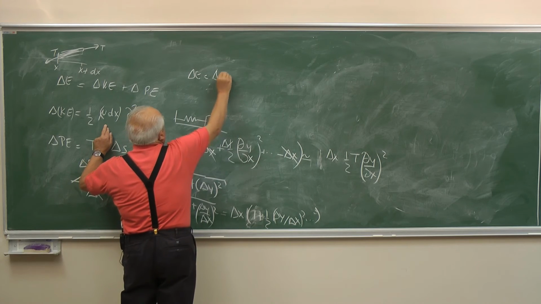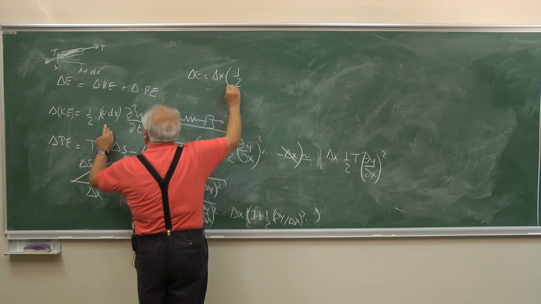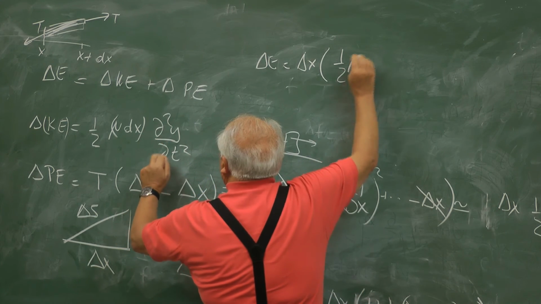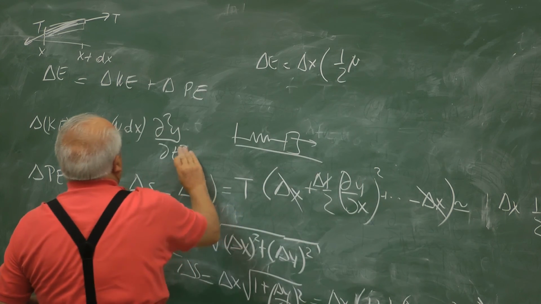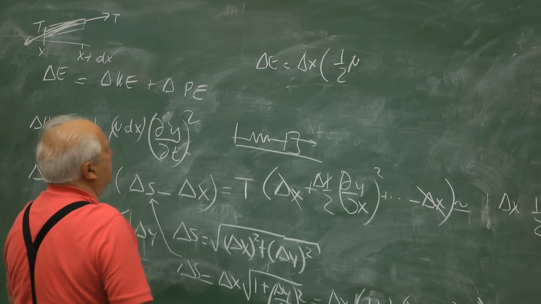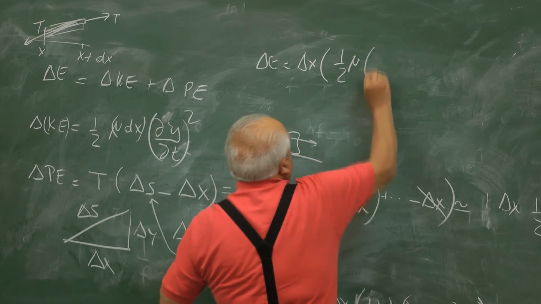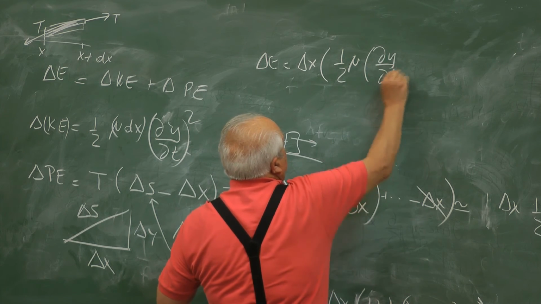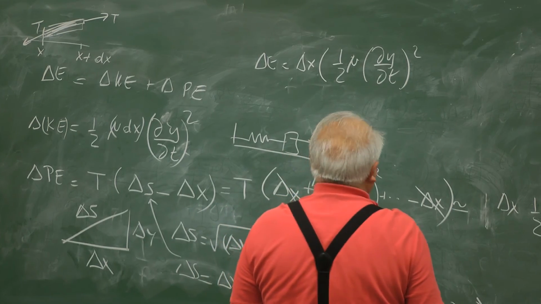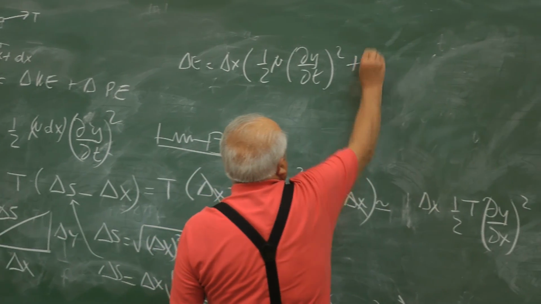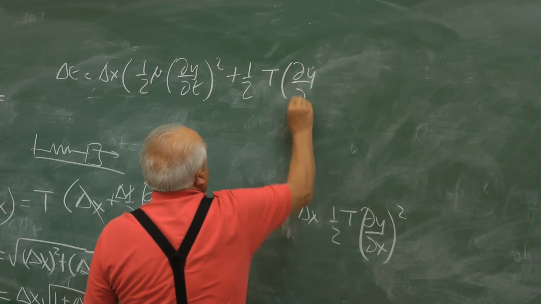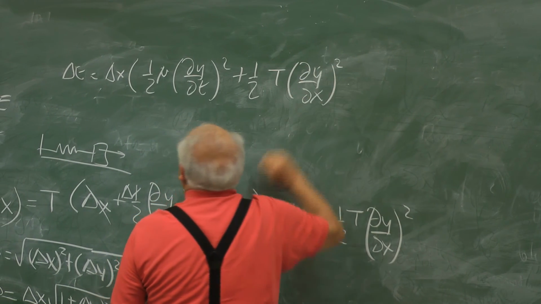Let me write Δx here. 1/2 μ — it's not the second derivative. It's the velocity squared, not the acceleration: (∂y/∂t)², plus 1/2 T (∂y/∂x)²,